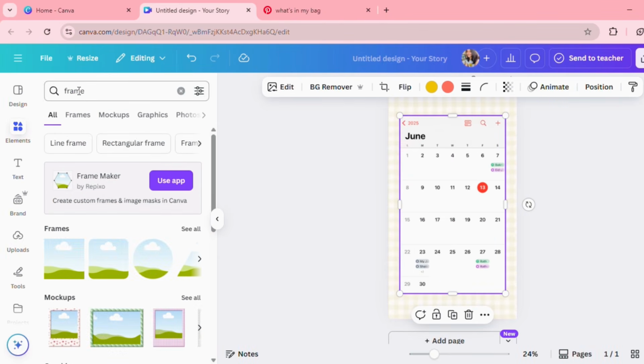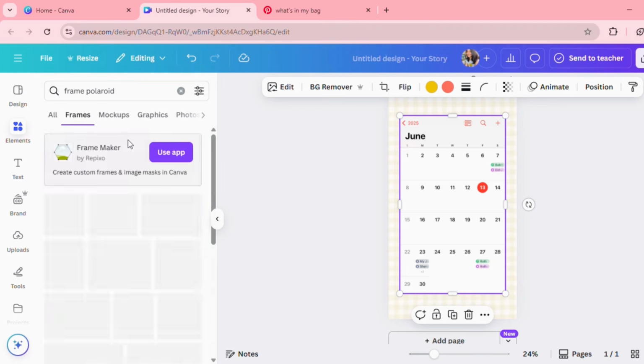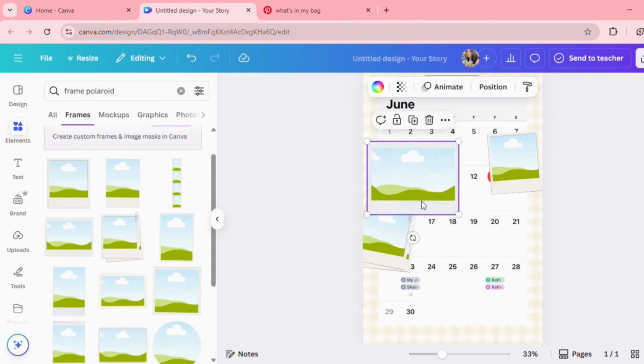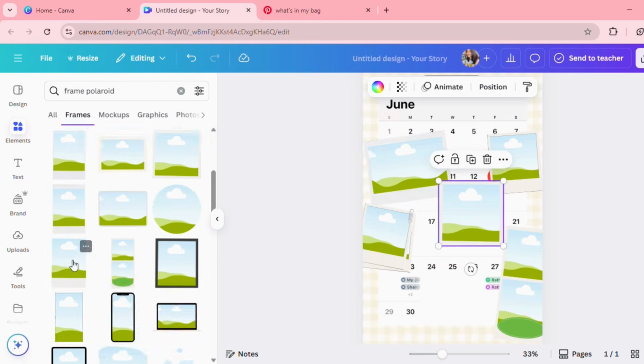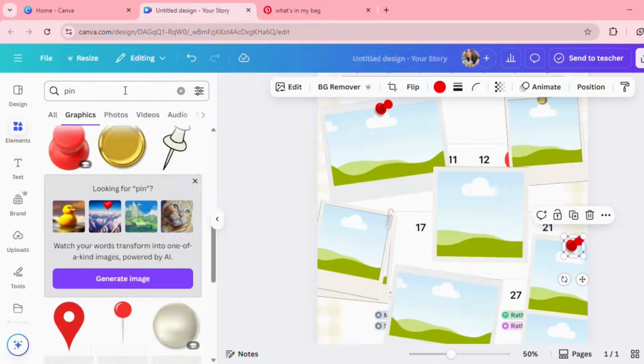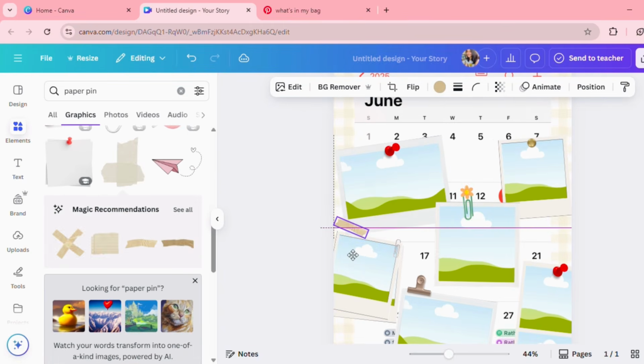Here's a detailed tutorial of how I am assembling each one of these to make them pop up from the rest of the crowd. I am using Polaroid style frames here and keeping it very simple with Canva's free elements. You can add more stickers according to your preference, like the safety pin or the paper clips etc., to give it more of an aesthetic touch.